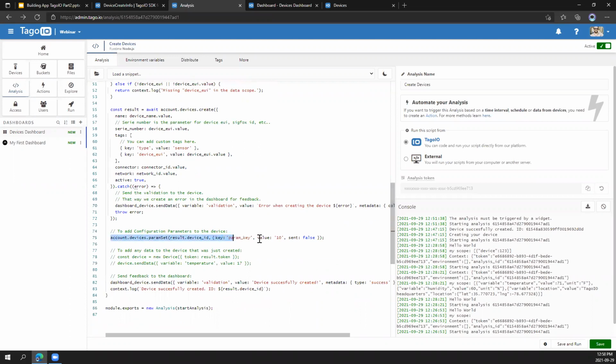We also have some additional code here, so we can set configuration parameters if you want to, or not. We can comment this out if you don't want to set configuration parameters. And we can also get